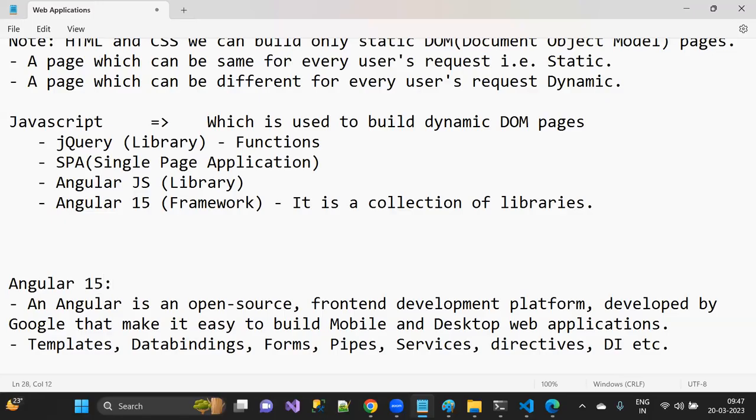And by using these features, we can build the application very effectively.